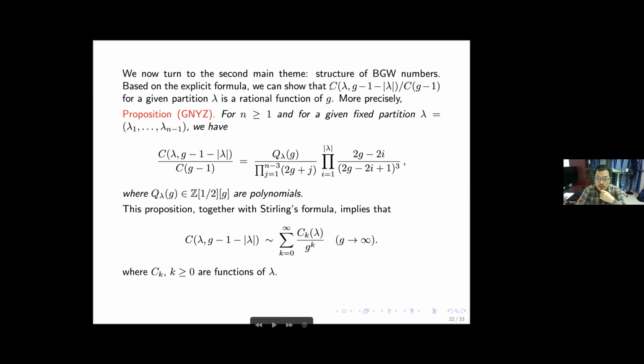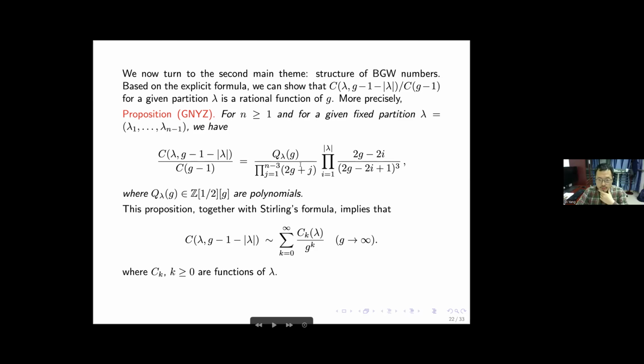using the explicit formula, we can show the ratio of C lambda G minus 1 minus weight of lambda divided by CG minus 1 is a rational function of G. And so here we can describe all the possible poles of this rational function. And we get, so here Q lambda G is a polynomial with almost integer coefficients in G. And so all the possible poles